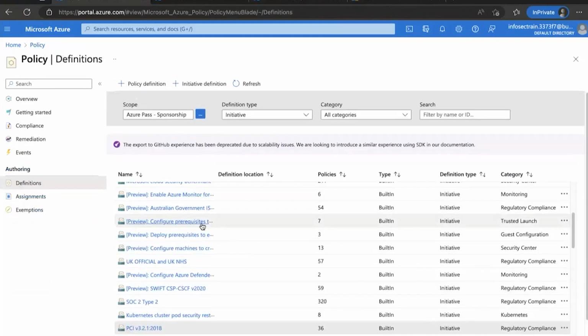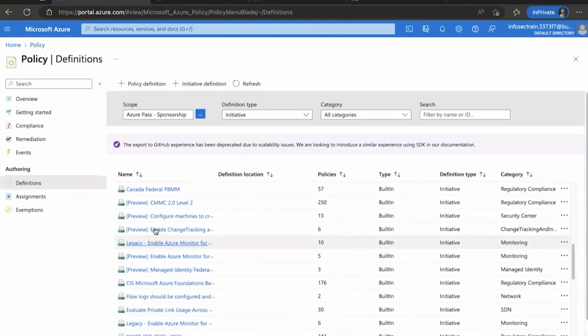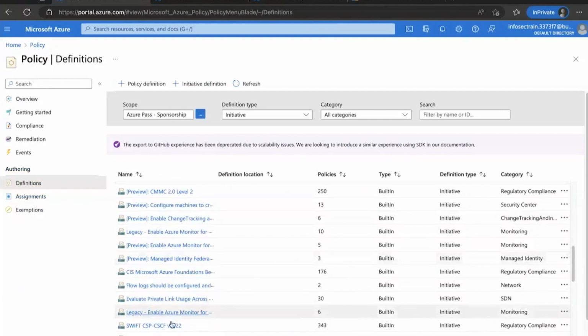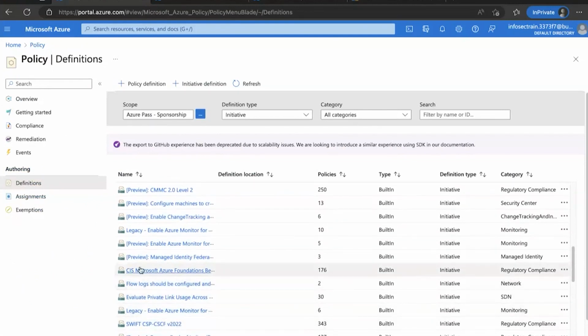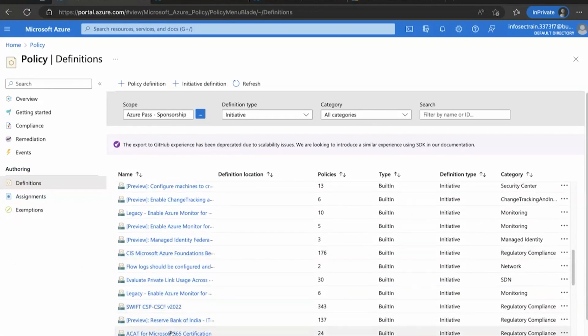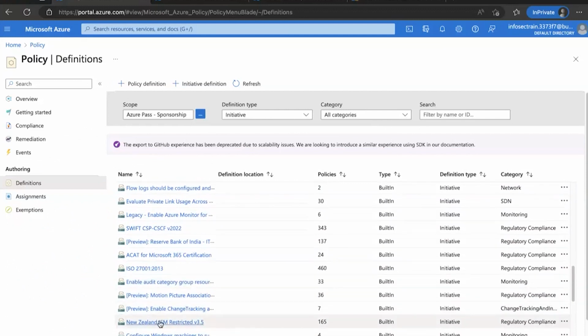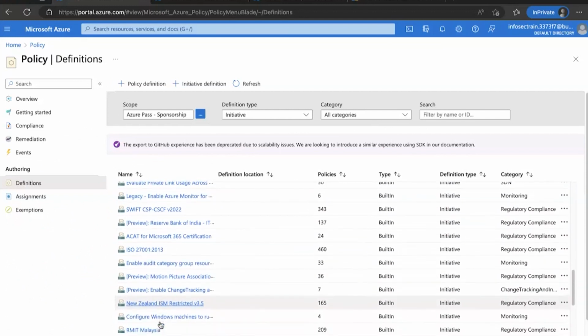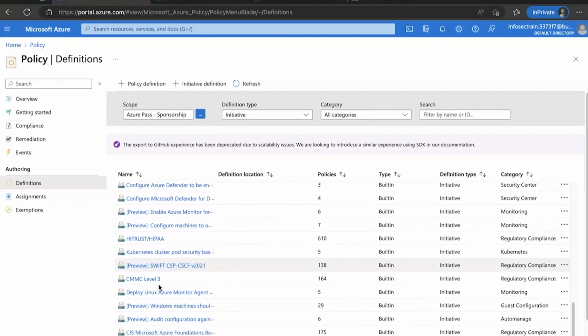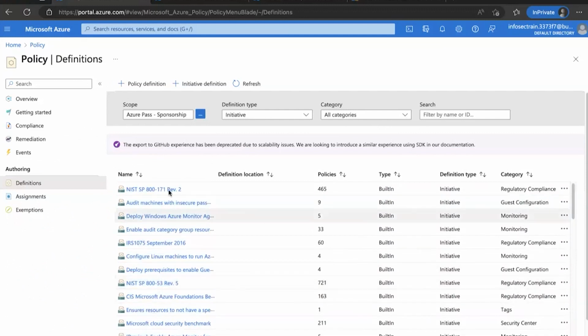So you can see here, Canada Federal, Swift CSP, CIS Microsoft Azure Foundations, Reserve Bank of India IT Audit, ISO 27001:2013, New Zealand ISM Restricted version 3.5, RMIT. So a collection of different standards. If you go up, NIST 800-171 Rev 2, and here 465 policies are there.